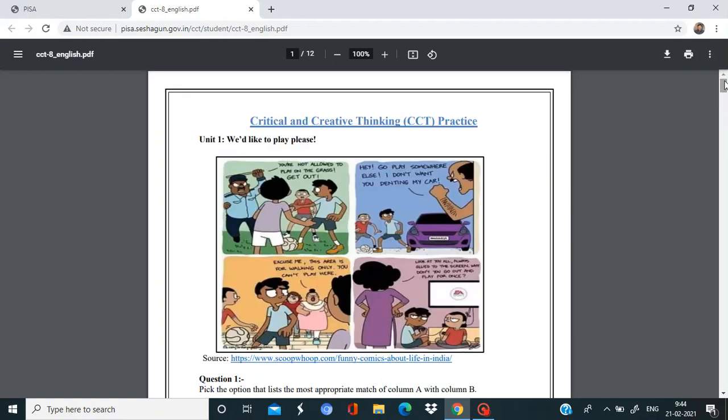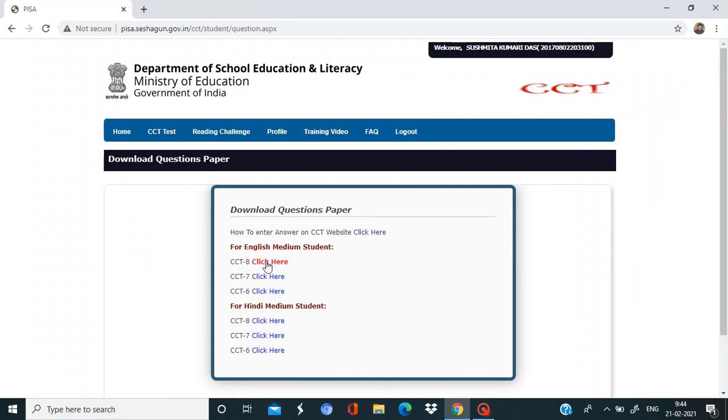Like this, for every question you have to write the relevant answer on a paper. First question A option, second question B option, third question C option, like that you can write all the answers of CCT 8 on a paper.